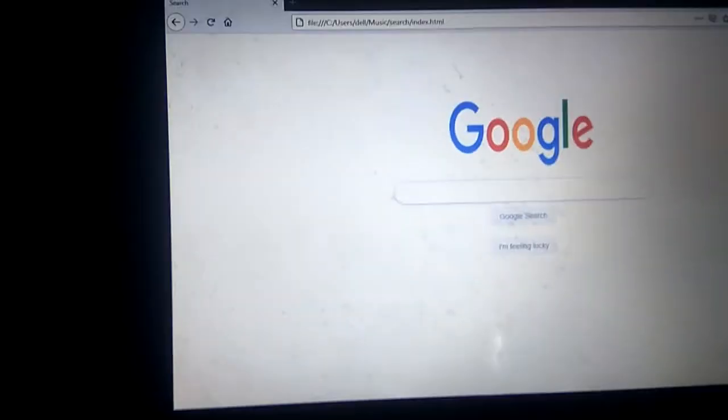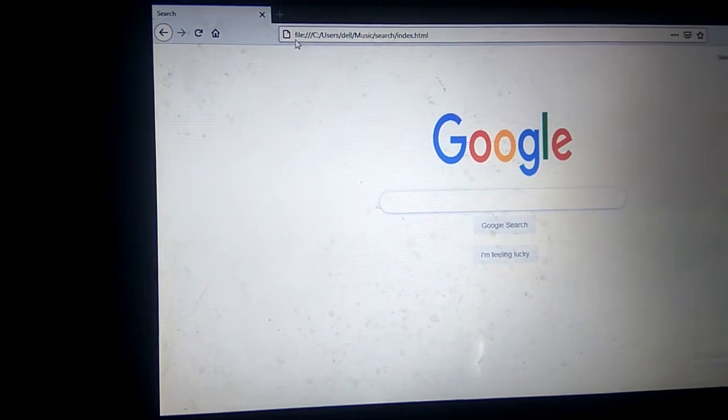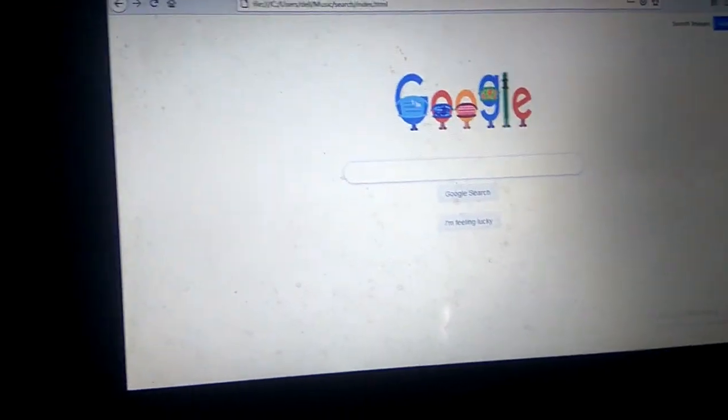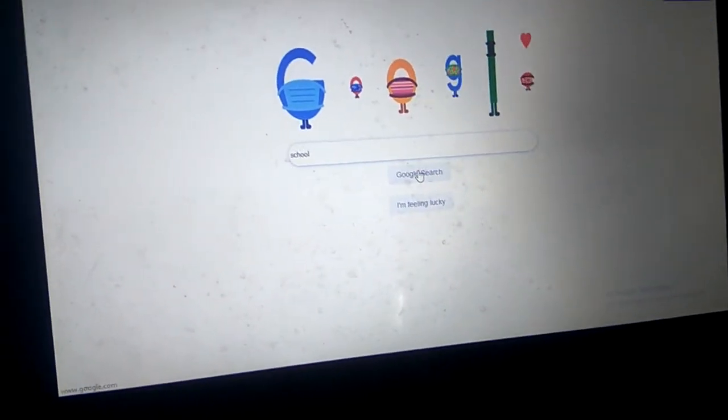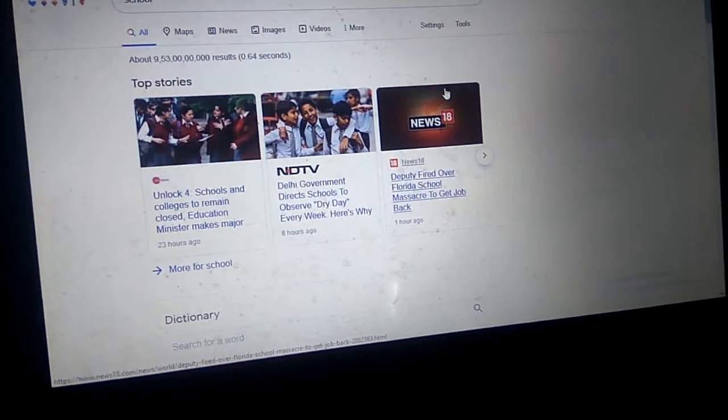Next page here is Google search. If I click on this page, it will be launched directly into the local Google search page. This is a local page. You can see from the URL of the page, it's a local page. So if I type something, for example, I type school in here and I just Google search it, you would see